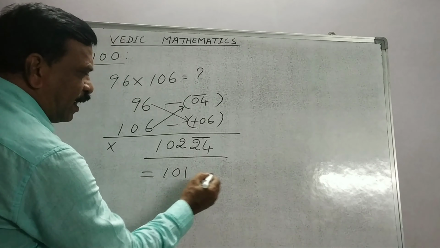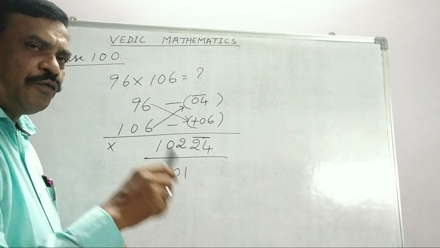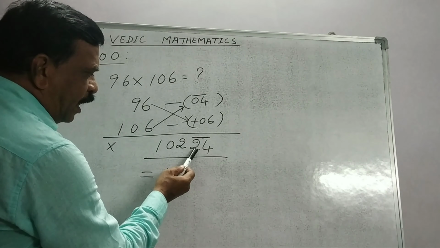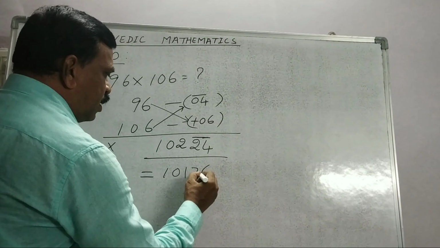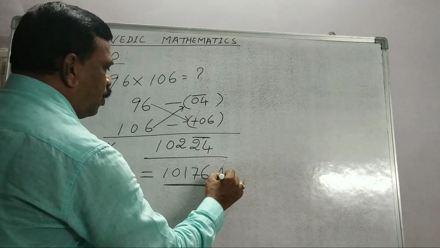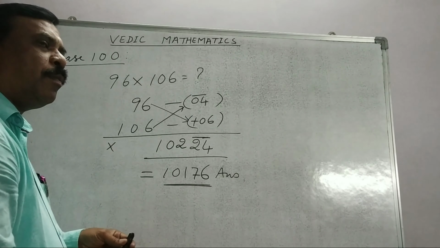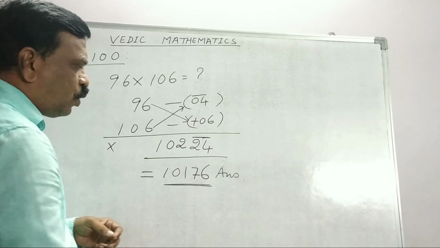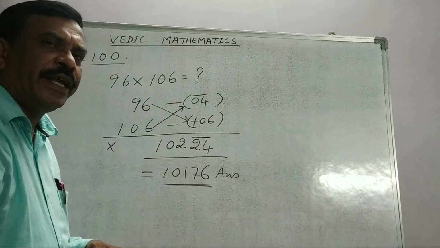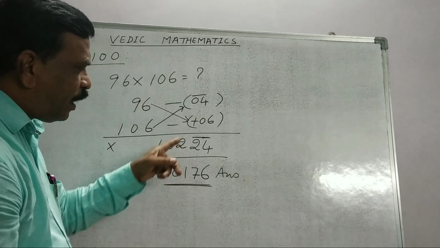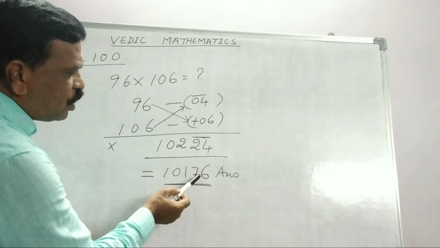Now to get the right side answer, the correct answer, for these two numbers using the Nikhilam Sutra, that is all from 9, last from 10. So 9 minus 2, 7, and 10 minus 4, 6. So this will be our final answer. So when we are using the Nikhilam Sutra here, what we are doing is simply writing the complements of 9 and complement of 10. So for all the numbers we write the complement of 9. For the last number we write the complement of 10. That's why if you remember the complements, we can just see the numbers and write the answer very fast. So this is how we apply the sutra here.